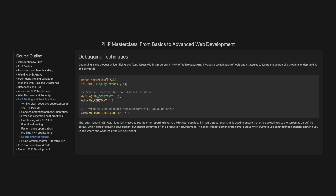Debugging techniques. Debugging is the process of identifying and fixing issues within a program. In PHP, effective debugging involves a combination of tools and strategies to locate the source of a problem, understand it, and correct it. The error_reporting(E_ALL) function is used to set the error reporting level to the highest possible. ini_set('display_errors', 1) is used to ensure that errors are printed to the screen as part of the output,